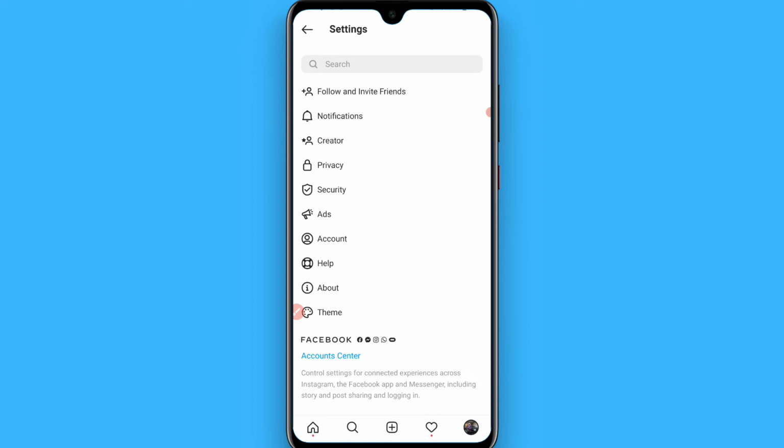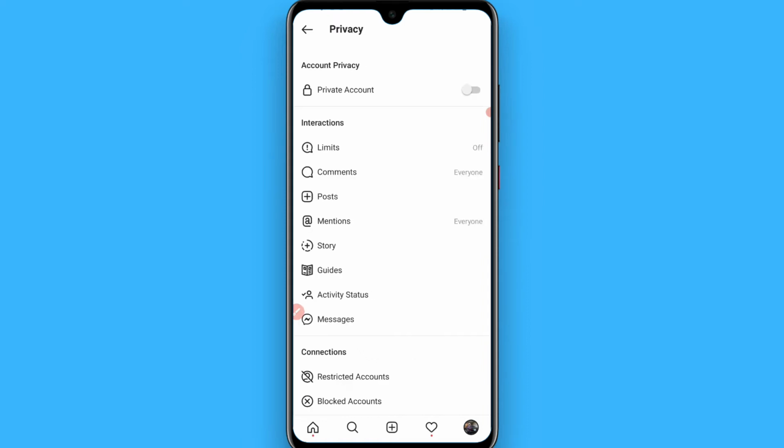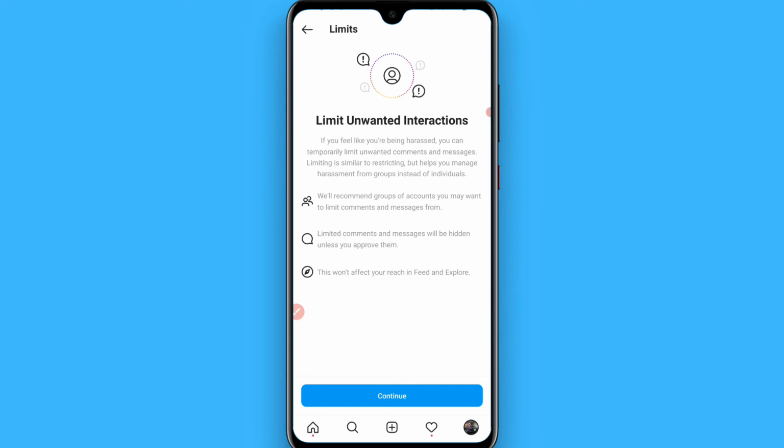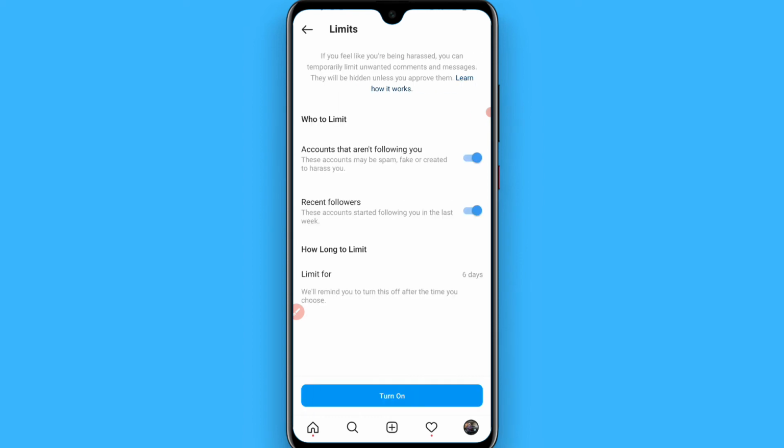you will see multiple options here. Simply you have to click on Privacy, and in the Privacy you will see multiple options. You have to tap on Limits, so click on Continue from here, and here you will see different